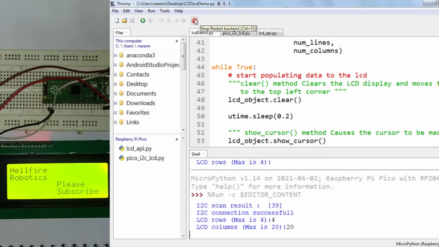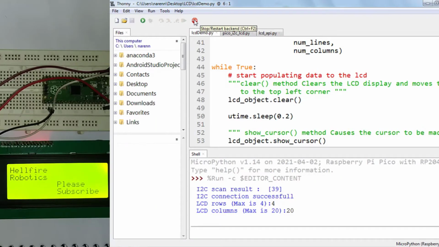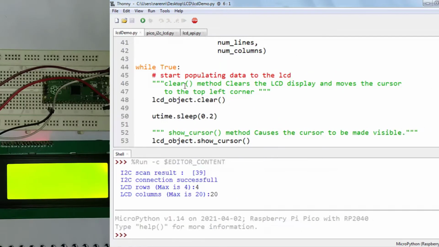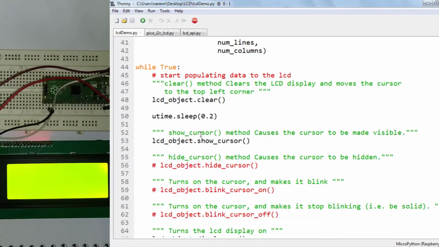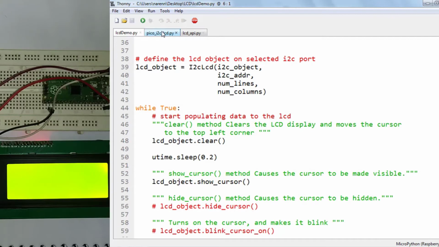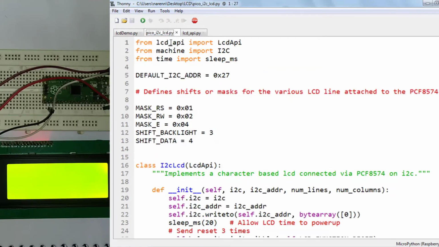Let me stop the execution of the code, and the first thing which you have to do is, I will give the link of these two libraries. First is pico_i2c_lcd.py.